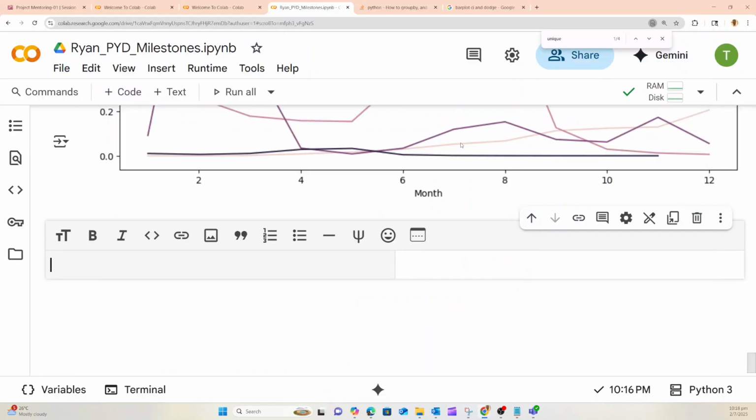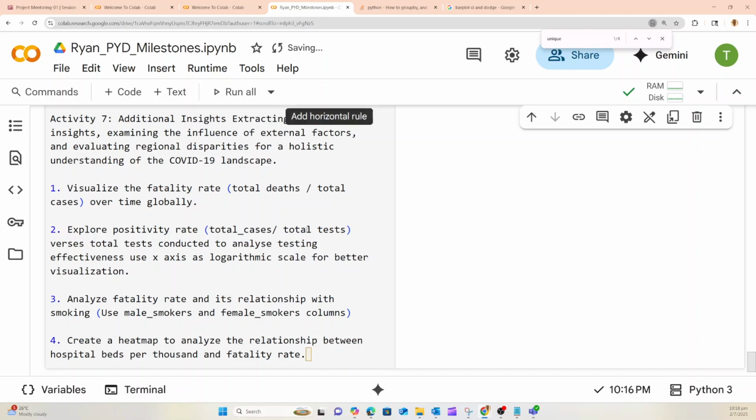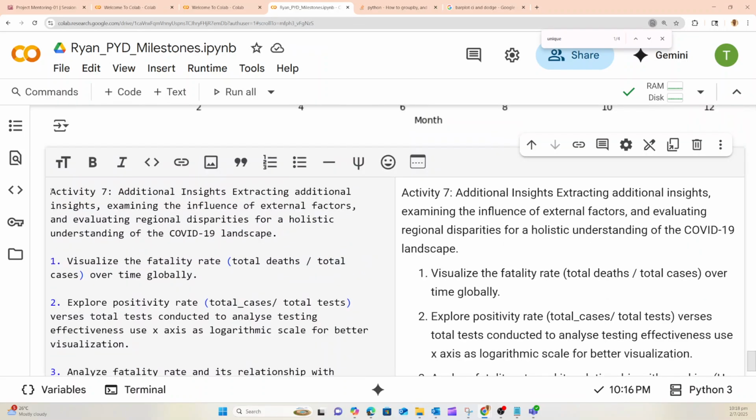Again, visualizing, data visualization. Extracting additional insight, examining the influence of external factors, and evaluating regional disparities for a holistic understanding of the COVID-19 landscape.